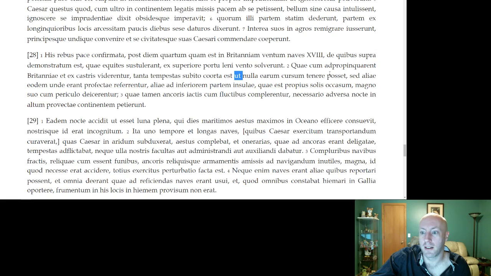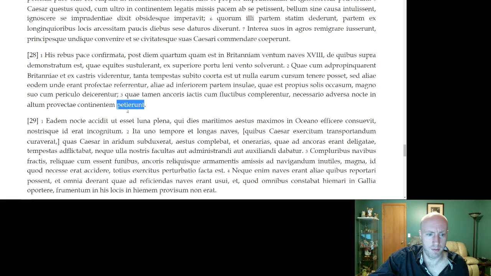Such a storm arose that result was they were not able, and they were carried back, and they were sent down. However, I don't think this is a result clause. I don't think such a storm arose that with the anchors cast down they were. So I don't think we're still in the result clause, and the semicolon would suggest that we're not. So, which boats, however, with their anchors cast, since they were being filled with waves, by necessity, adversa nocte, ablative of time when, ablative absolute, with night being adverse, with night facing them. So with night coming on is the idea, right? So with night approaching,